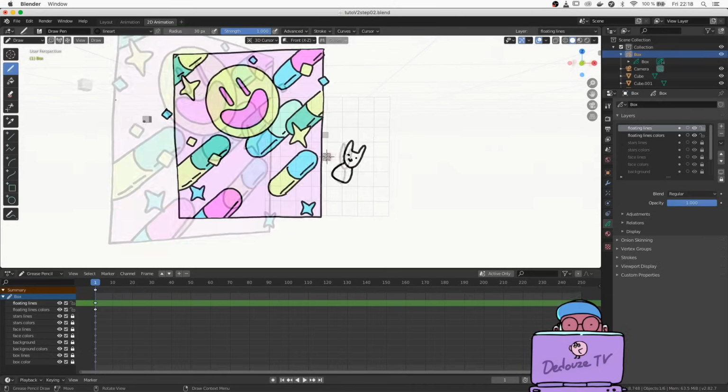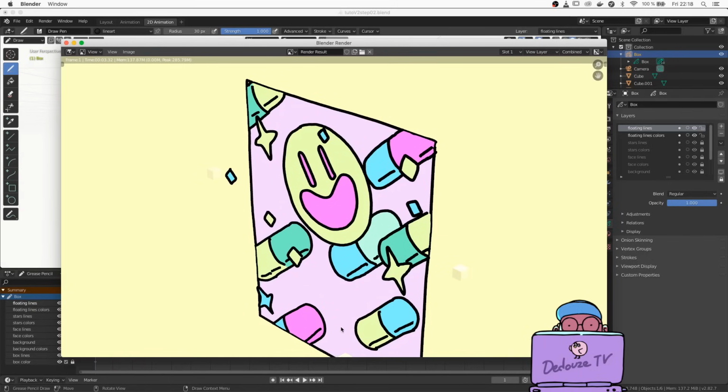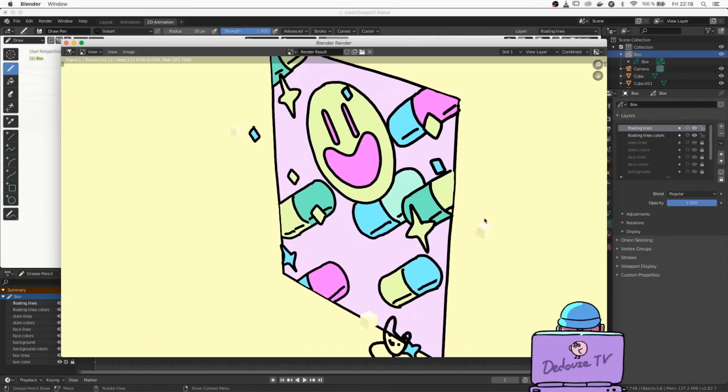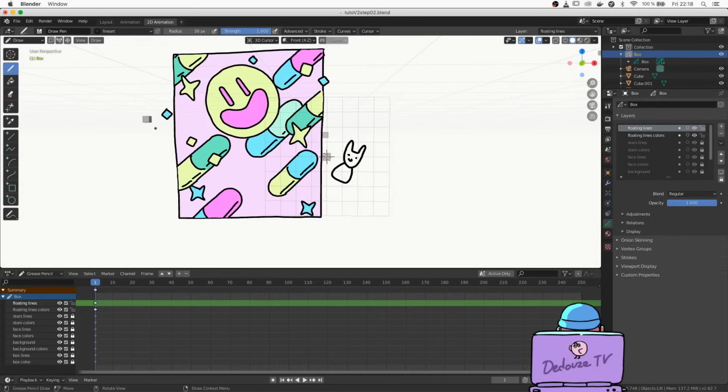Now you probably guessed that if you render the scene, the cubes will appear, and we don't want that, so we're going to configure the scene to hide them in the final artwork render. In the outliner, these little eye icons just allow you to hide the objects in the viewport, but not in the render. To really hide the 3D objects, we need to use the collection system of Blender.